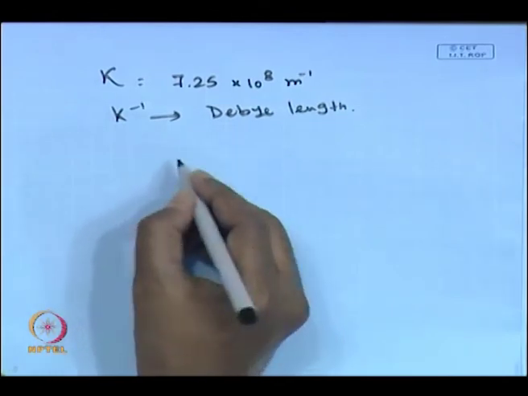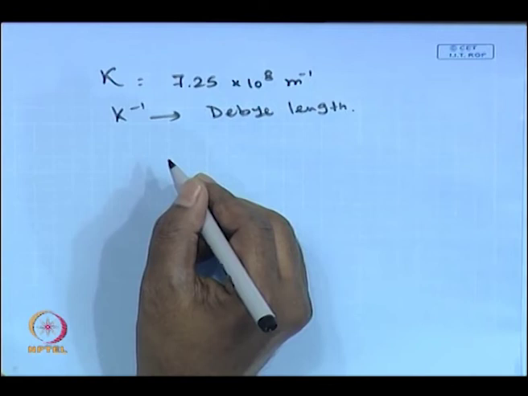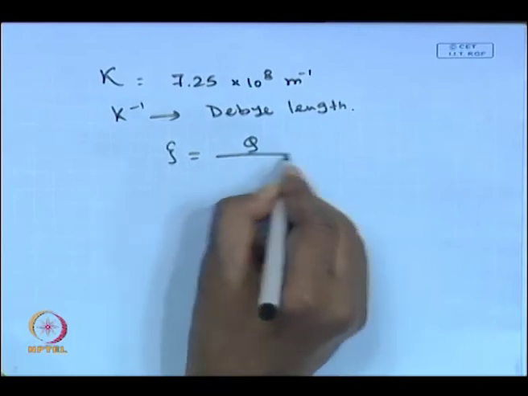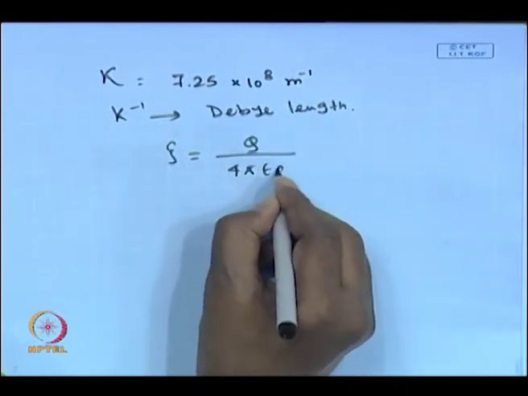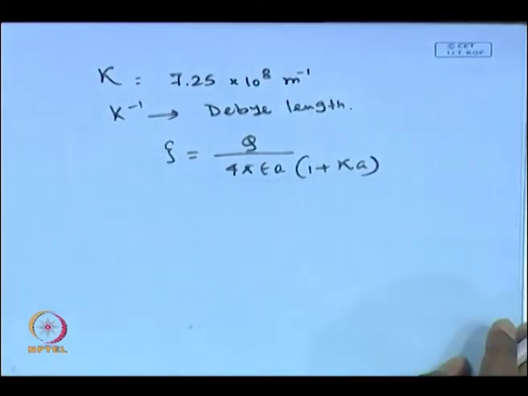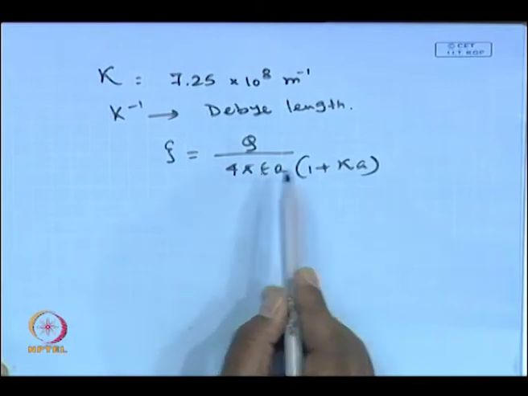Now, in order to get the electrophoretic velocity, you require the surface potential, or the zeta potential. Since the surface charge is known, the zeta potential will be calculated using that. If you remember, the definition of zeta potential is q on the surface divided by 4 pi epsilon a into 1 plus kappa a. If it is a stationary sphere, the surface potential will be q by 4 pi epsilon a, but